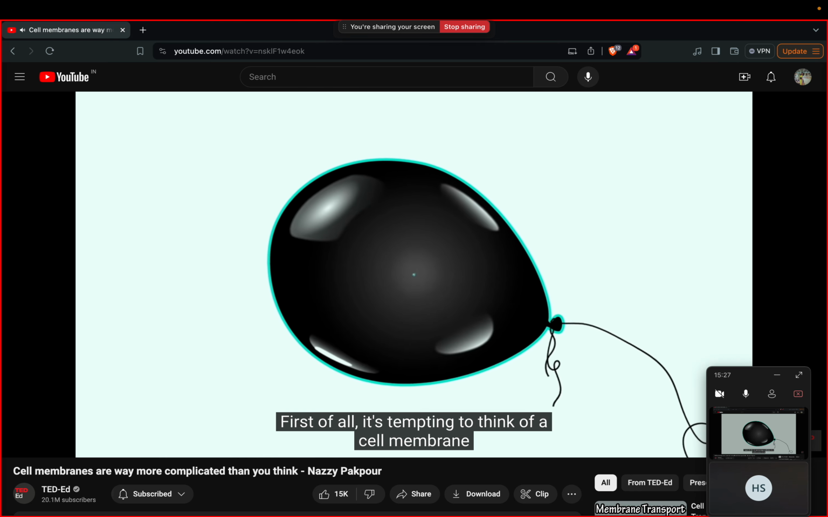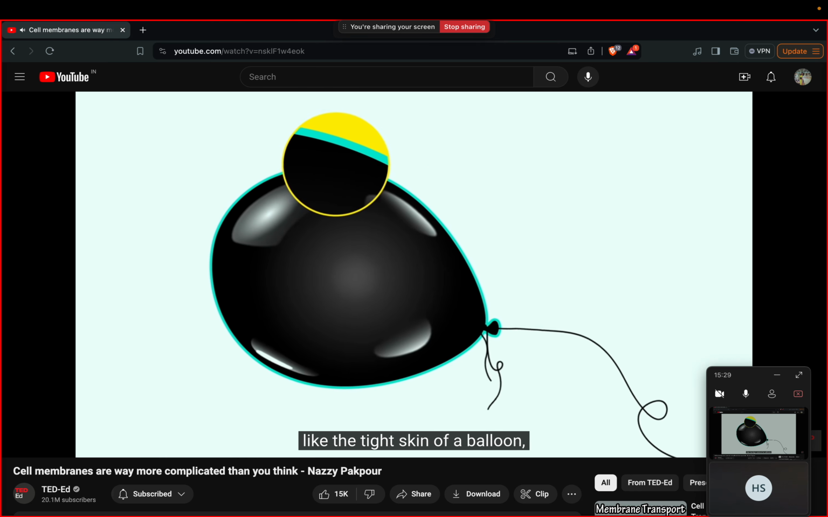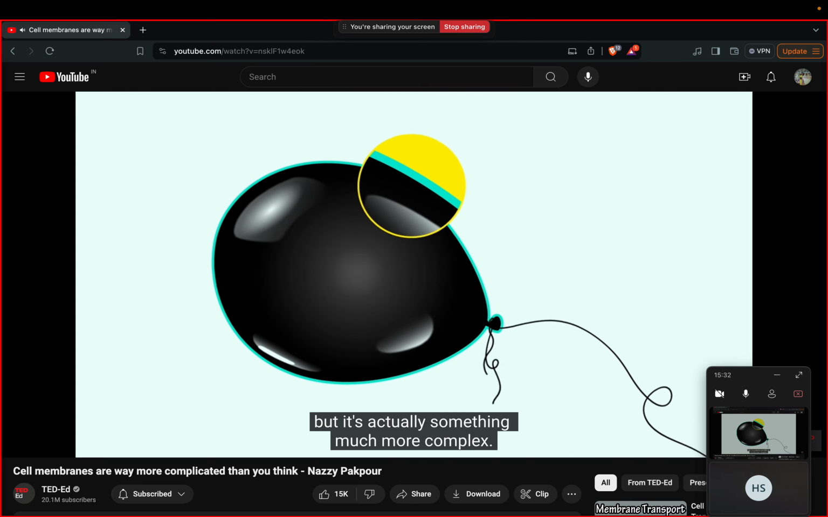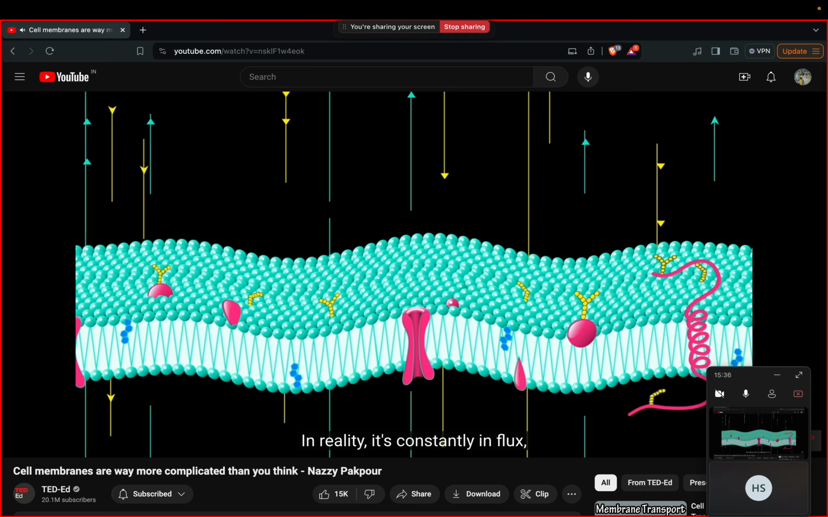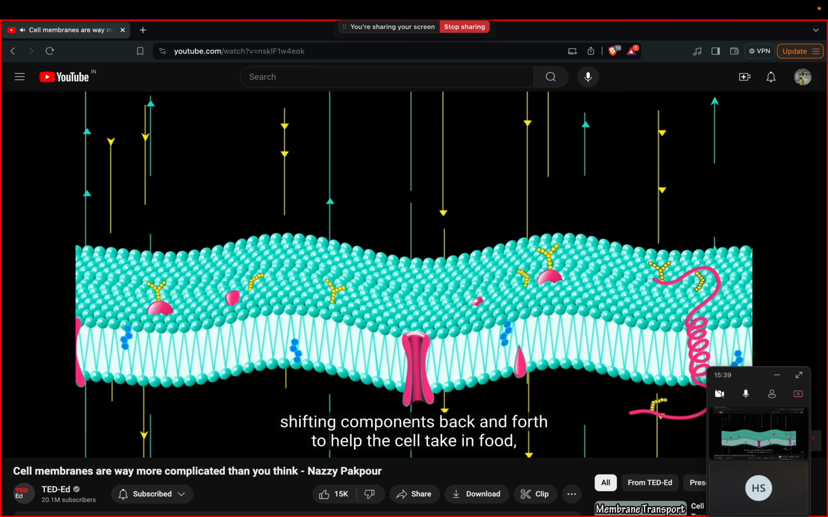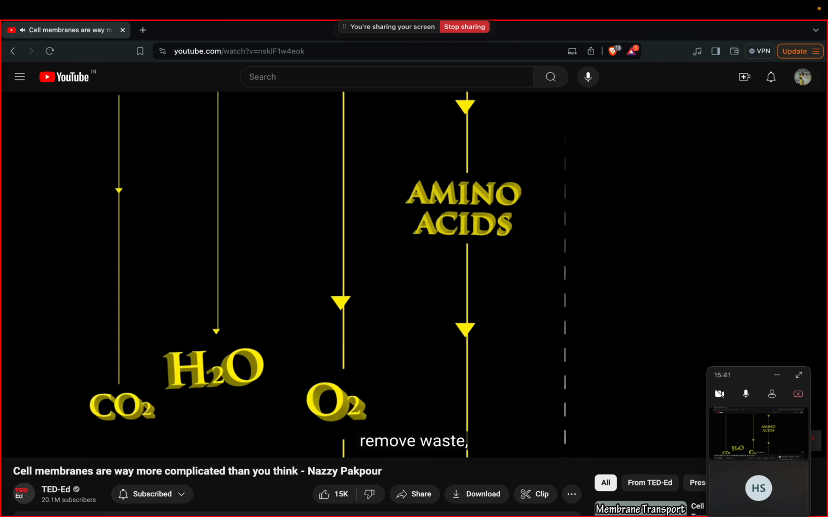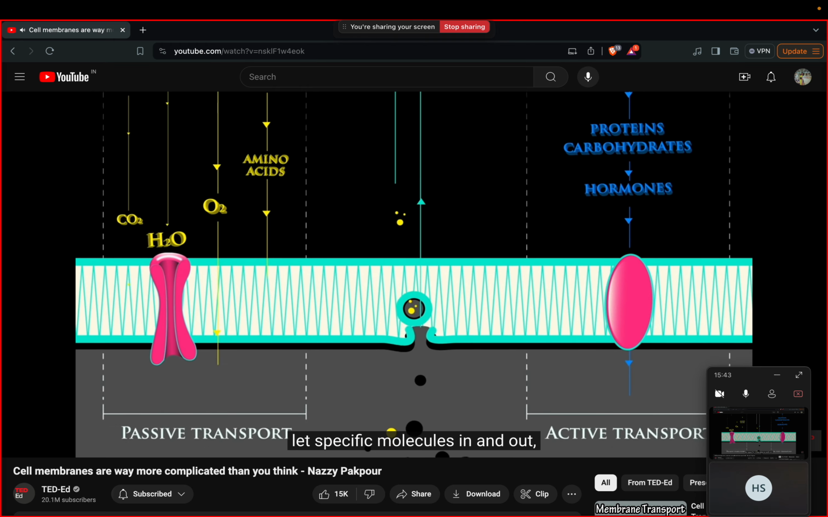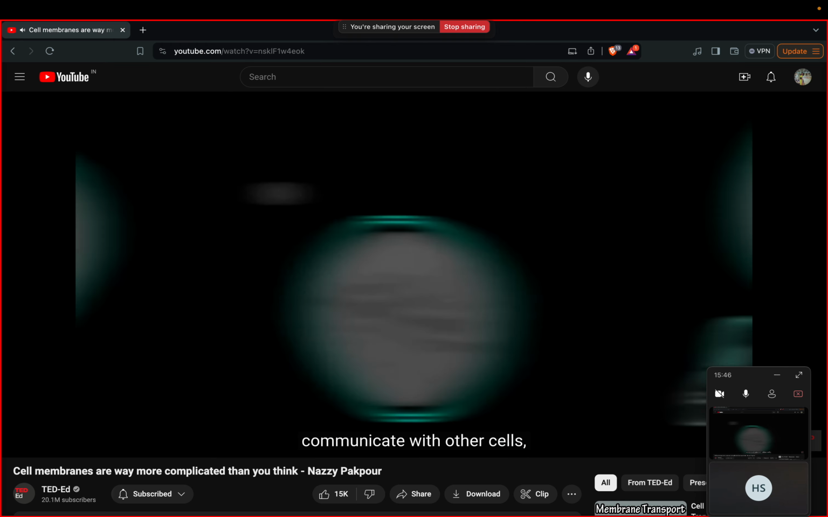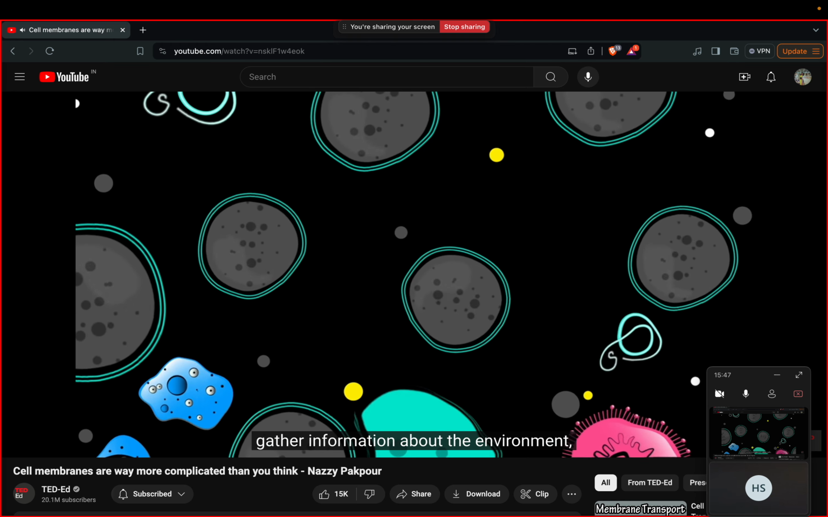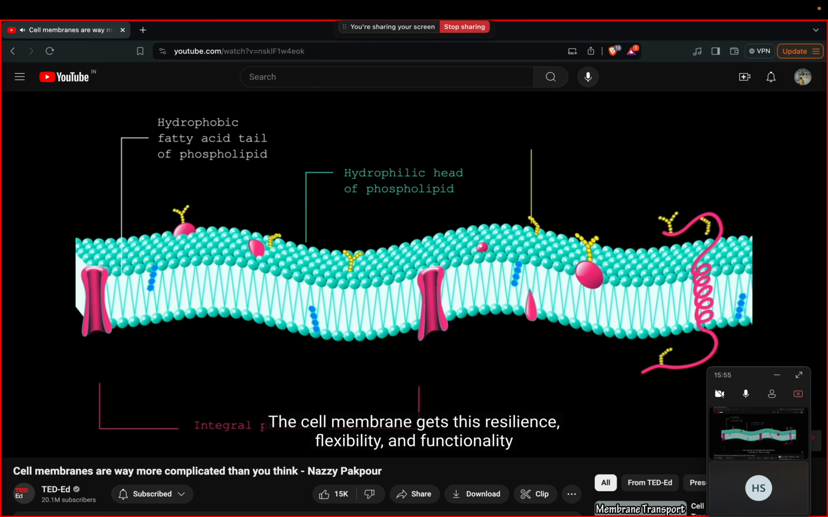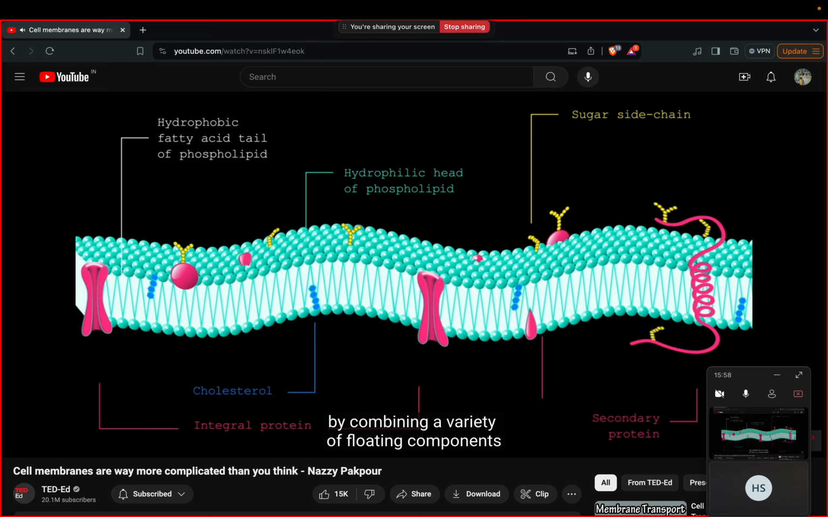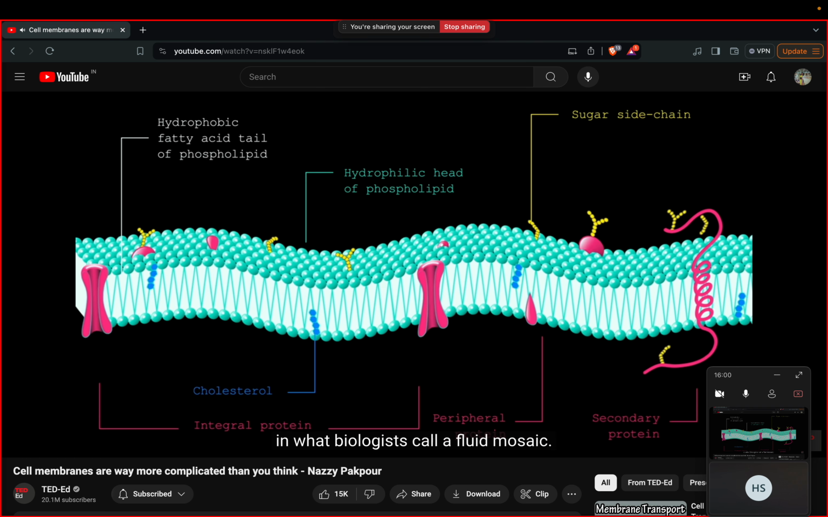First of all, it's tempting to think of a cell membrane like the tight skin of a balloon, but it's actually something much more complex. In reality, it's constantly in flux, shifting components back and forth to help the cell take in food, remove waste, let specific molecules in and out, communicate with other cells, gather information about the environment, and repair itself. The cell membrane gets this resilience, flexibility, and functionality by combining a variety of floating components in what biologists call